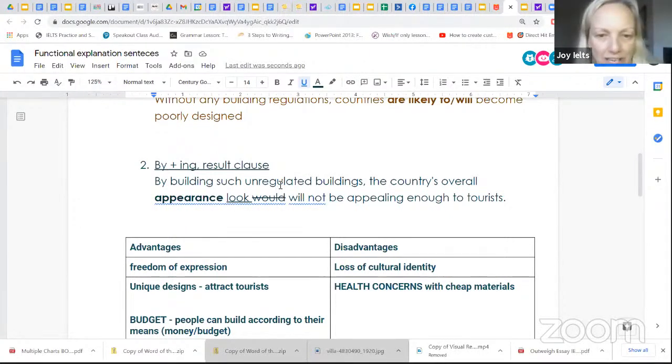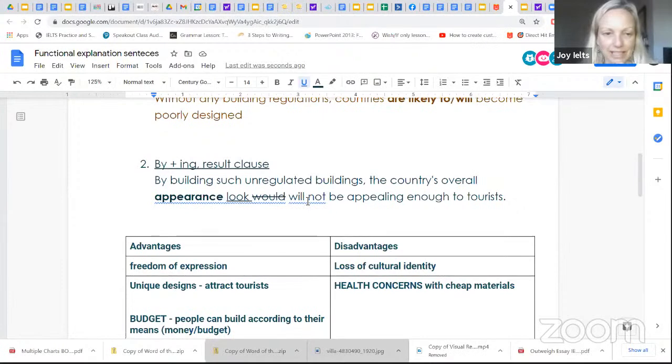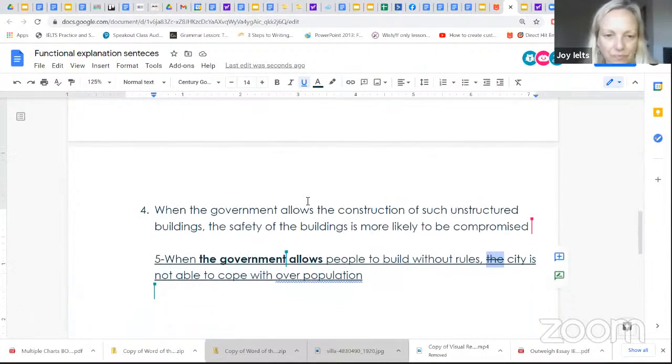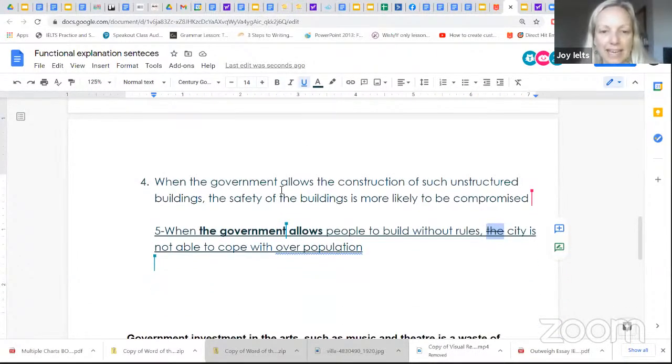By building such unregulated buildings, the country's overall appearance will not be appealing enough to tourists. I might even put may not here, and then scrolling down. When the government allows the construction of such unstructured buildings, the safety of the buildings is more likely to be compromised. Brilliant. Number 5, when the government allows